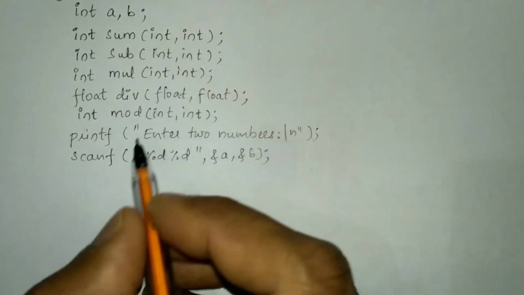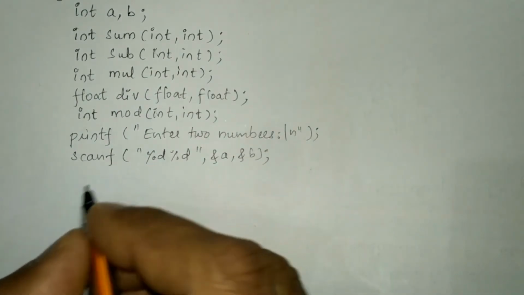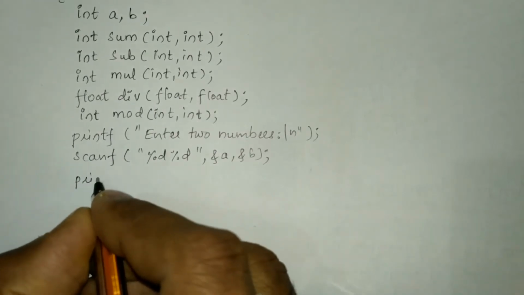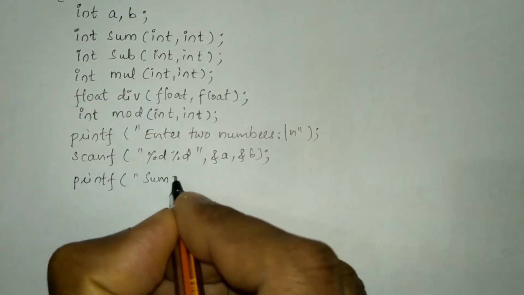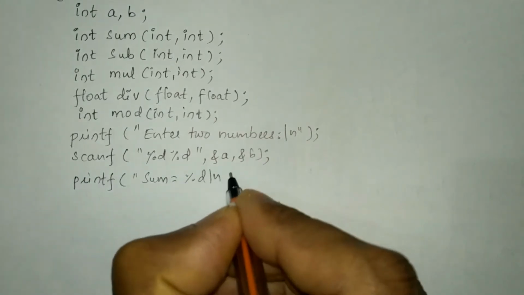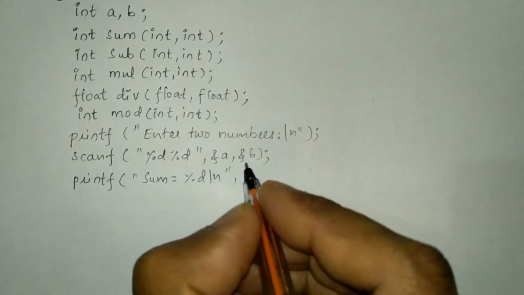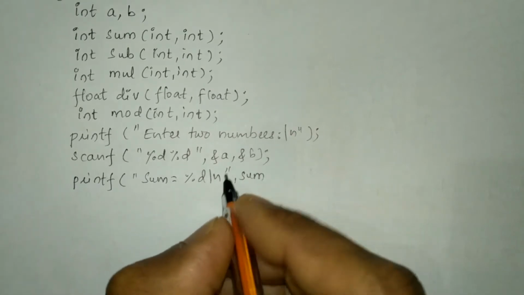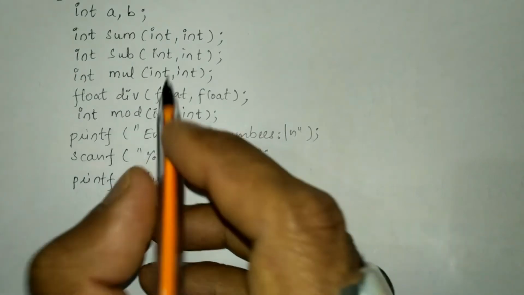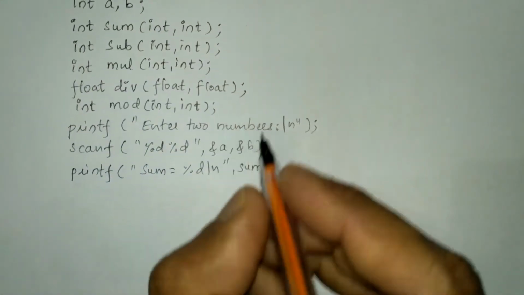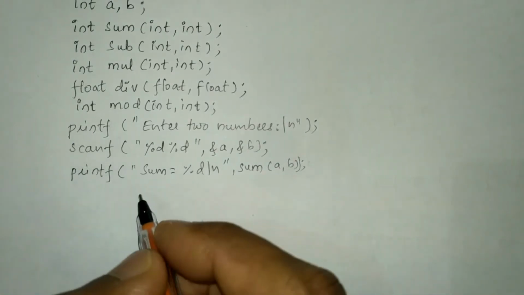Now we are going to call the specific functions. Each one of them will be defined separately. So now let us have a call first, and then we are going to define them. In a printf statement, in double quotation marks I'm going to write "sum is equal to %d\n", that brings the cursor down to the next line, end the double quotation mark and put comma, and here I'm going to call this particular function called sum, and we are going to pass both of these two variables a and b to this function, and close the bracket and put semicolon.